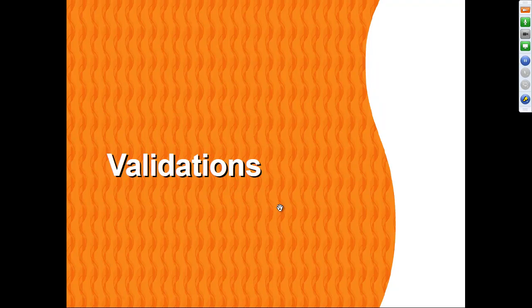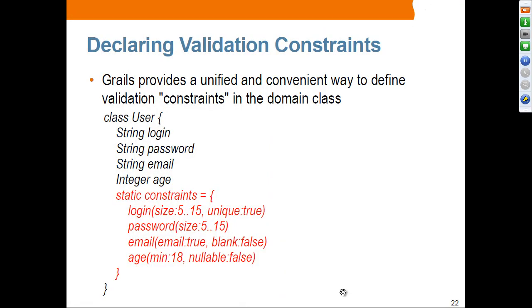Next topic is validation. The way you can specify validation for your domain properties is using the static constraints, and basically you are creating a closure object. Inside the closure, these are all basically methods: login method, password method, email method, and age method, and passing arguments. This is a way that Grails provides a unified and convenient way to define validation constraints in the domain